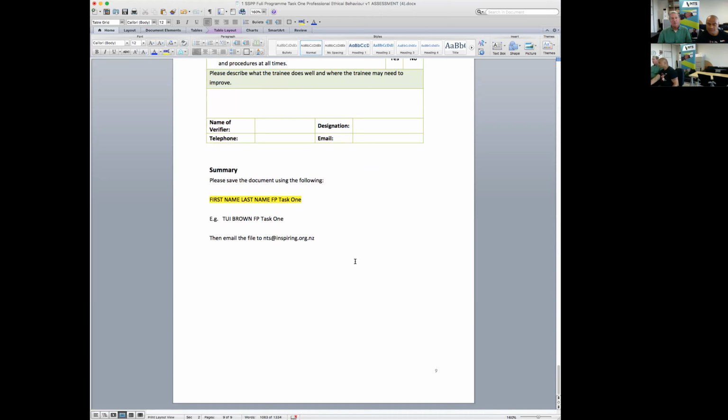What we'll do is point out that this is not quite what ethics means. Remember that ethics is about choosing to do the right thing. Have another go at answering the question. You just answer that one question that you've got wrong, not the whole document, and then you resend it in, and once you've met the standard on that one question, then the whole thing is achieved and done.